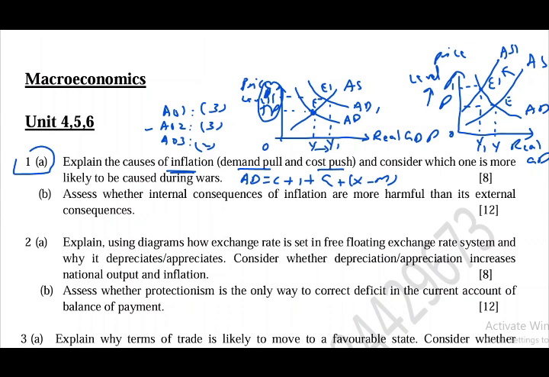And now you have to finally evaluate which type of inflation may be caused during wars. During wars, there are more chances of depletion of natural resources as well as man-made resources. So production may be interrupted and factories may stop working, production may decrease and aggregate supply will fall, and it is more likely that cost push inflation may occur in the country, right?